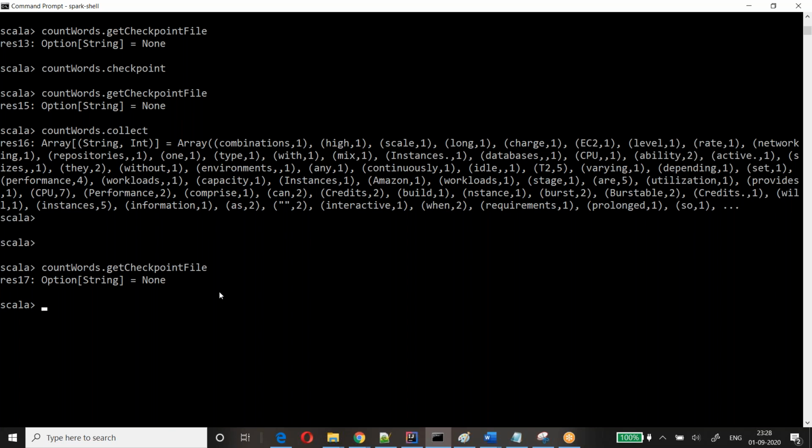Quickly, let me do a couple of transformations, something like zip. Zip is very simple, guys. The name itself says it. It joins the two RDDs. It will zip them. Let me show you a simple example here.